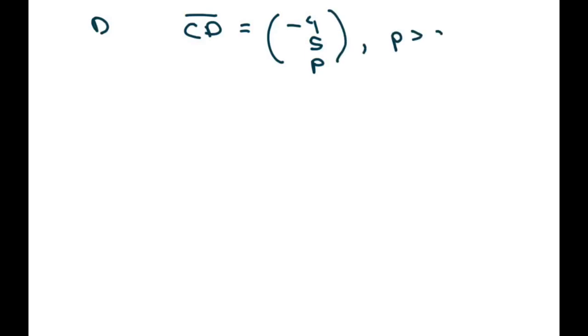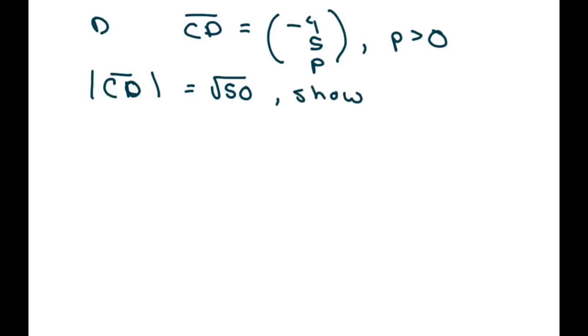Now, we have a point D such that CD equals (-4, 5, p), and p is positive. Given that the magnitude of CD equals the square root of 50, they just want you to show that p equals 3. So what we're going to do is just use our CD